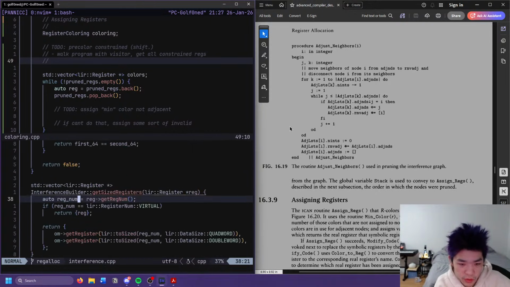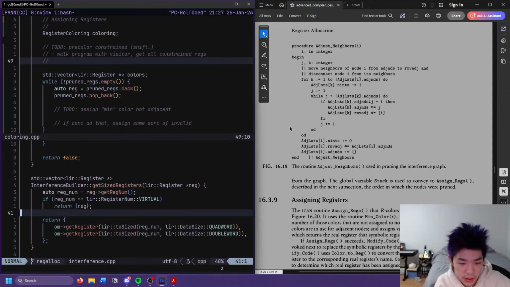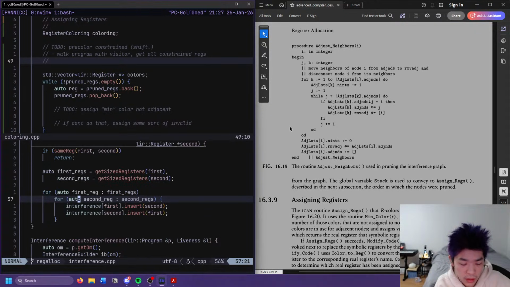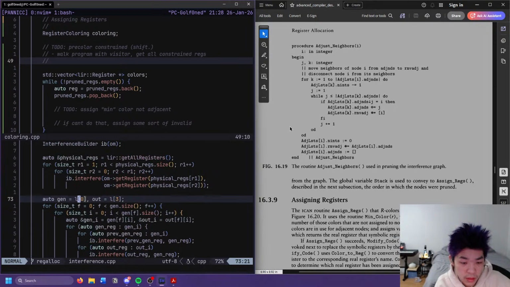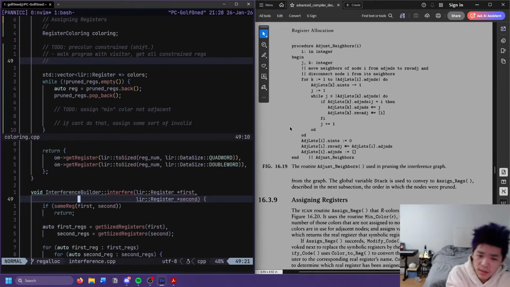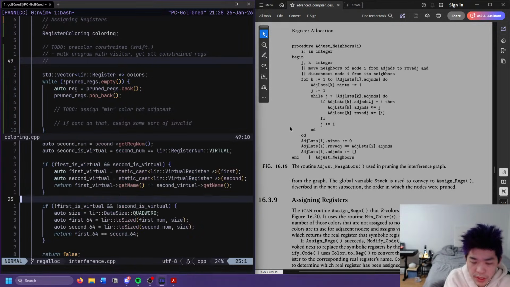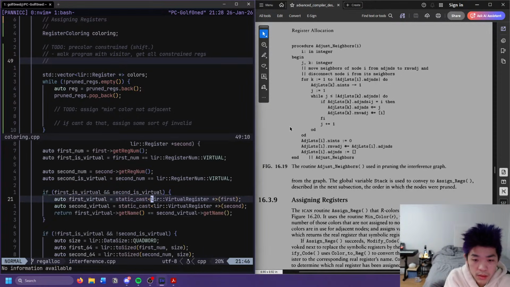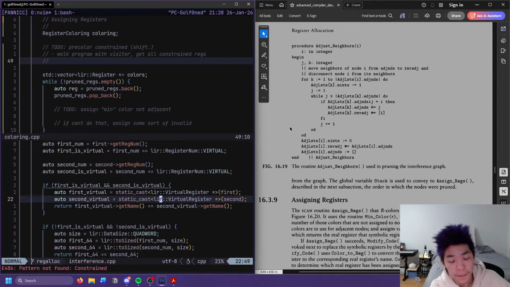Where's the part where we handle the thing? This is very annoying. Okay, I guess we don't look for a constrained register. I feel like I should just handle this in interference proper, right?